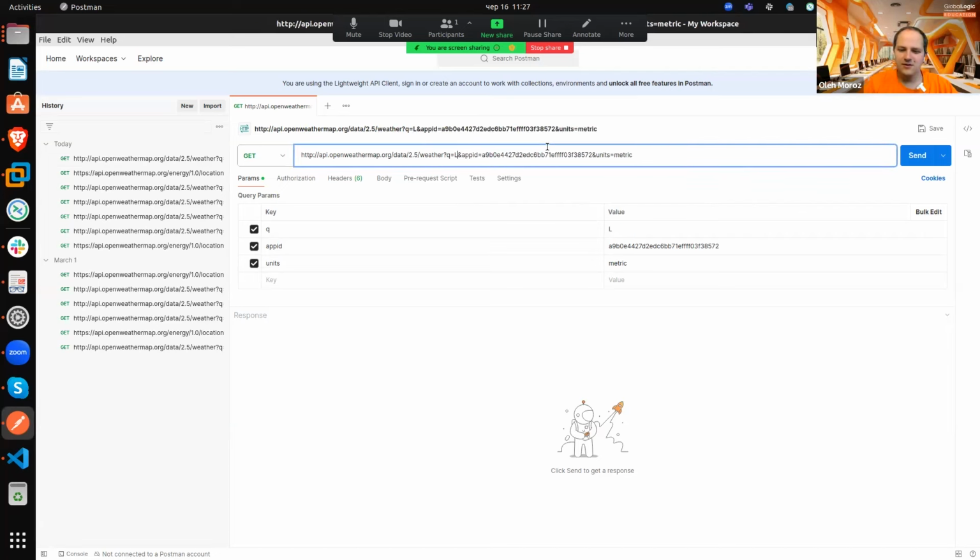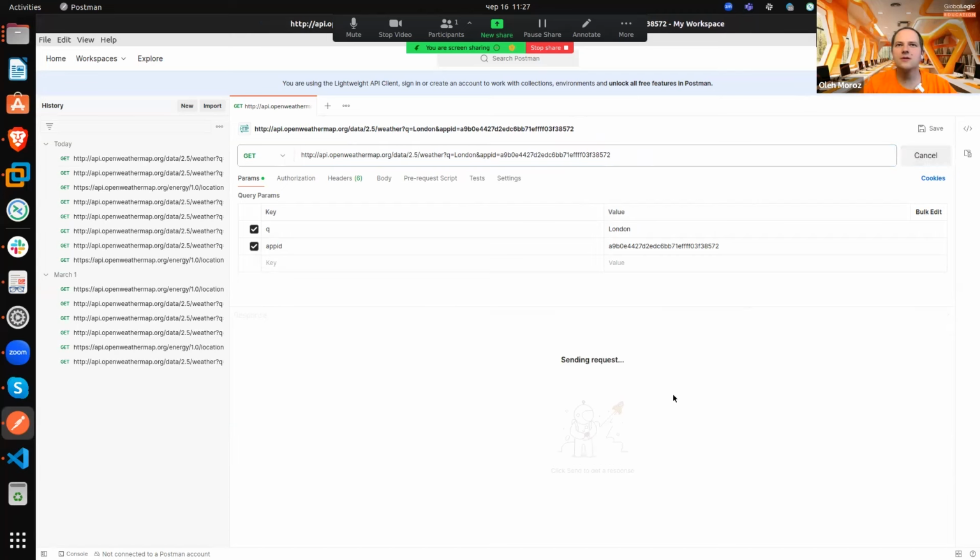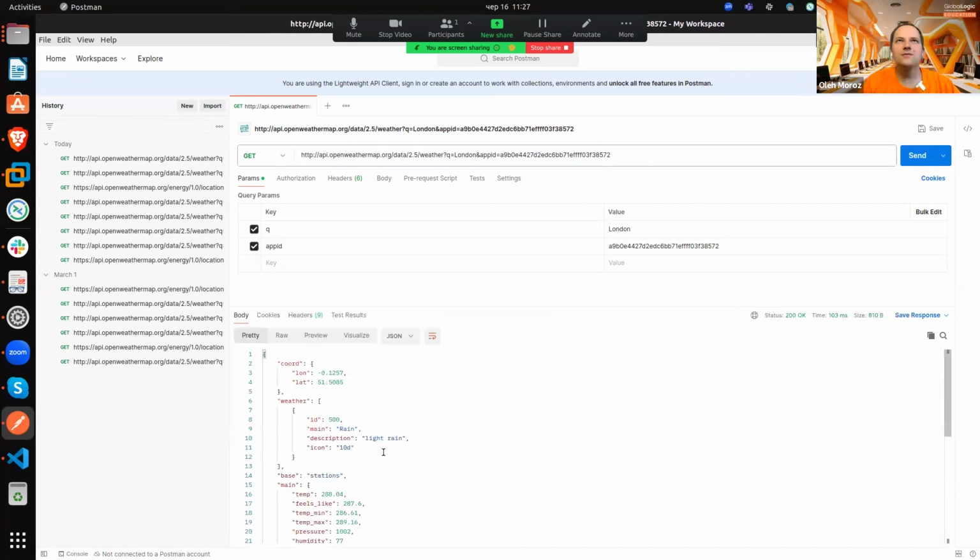Okay, like this, London, and my API key, and just in Kelvins, yes, like this. Okay, let me send this request. And what I have in the response, I have a specific JSON file that contains this information, especially the weather